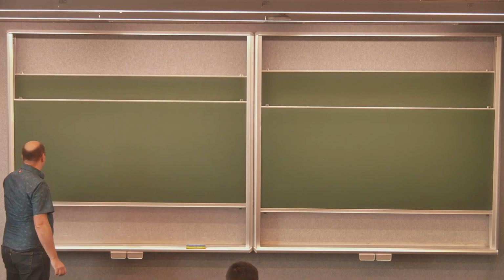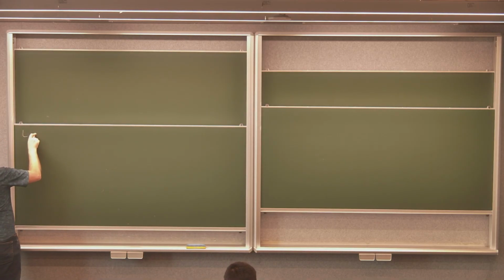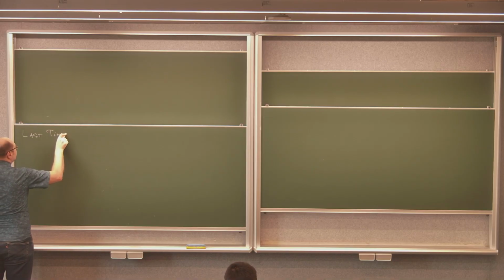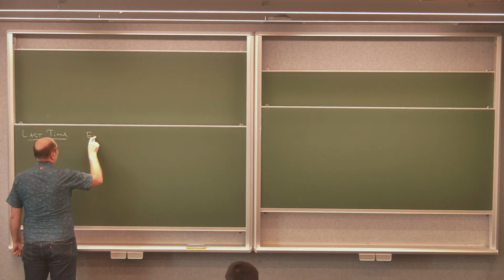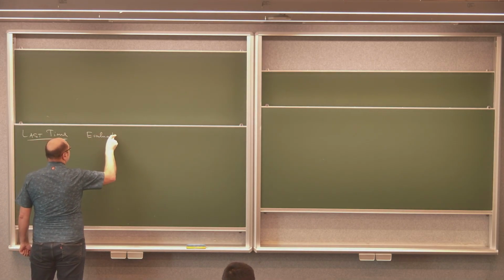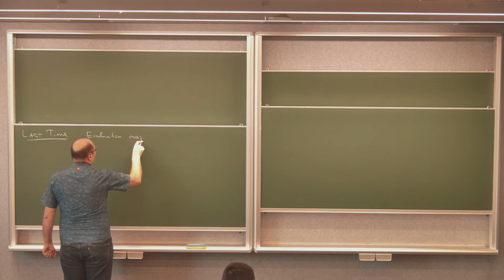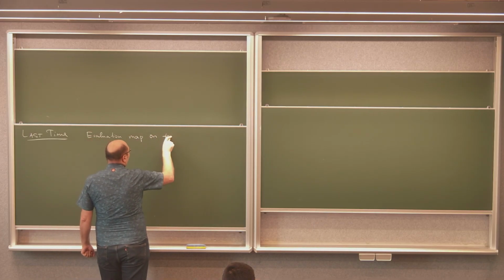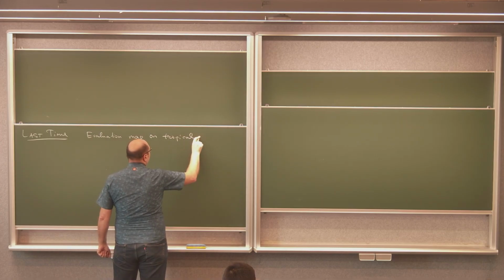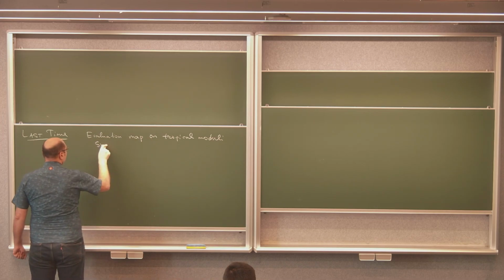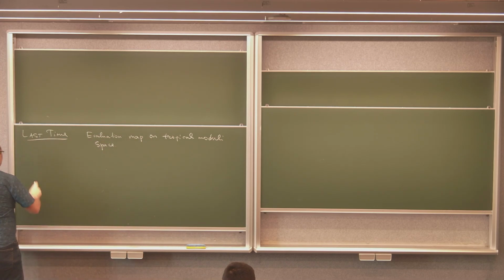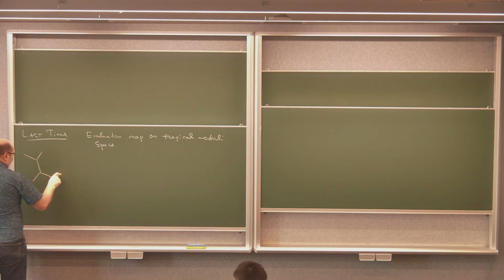Okay, let us recall what we did last time. So last time we talked about evaluation maps. So the space. So essentially, we fix a tropical curve, which is a graph with some directions,